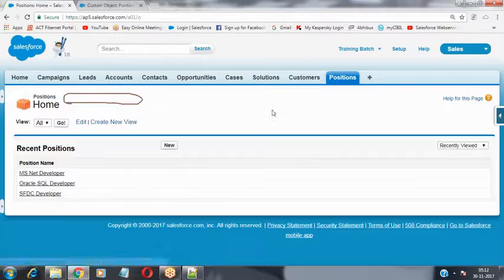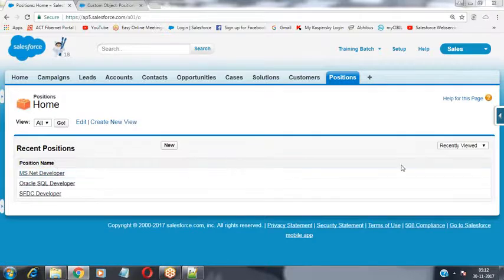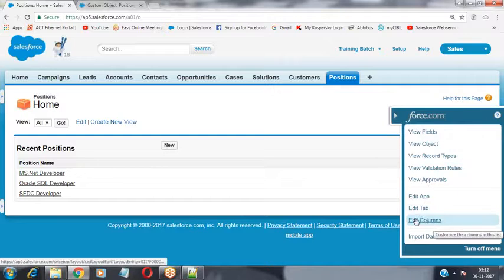Now let's click on that positions tab. Now it is displaying only the position names inside this table. I want to show the remaining information also. You are already aware of this navigation. Expand the quick access menu, click on edit columns, nothing but what columns should be visible inside that table.